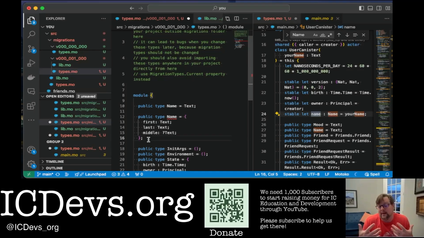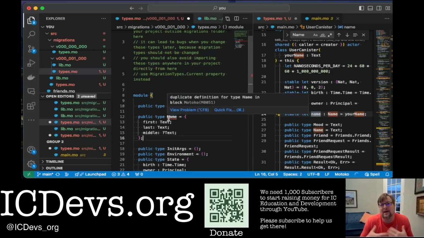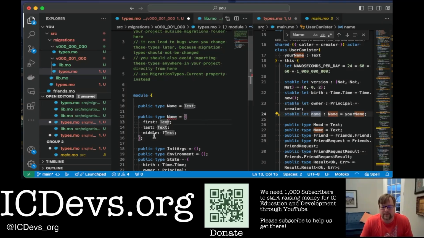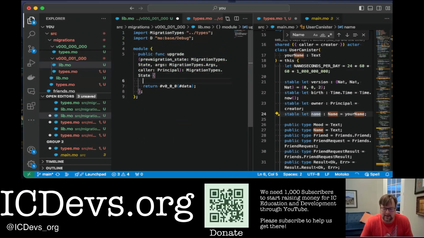That's why you need a migration, because if this changes in between upgrades to this type, you have to have a way to manage that and to upgrade that variable. And that's what that upgrade does. So you would go into something like here, into our lib and our upgrade, and you'd actually write that. You would say,